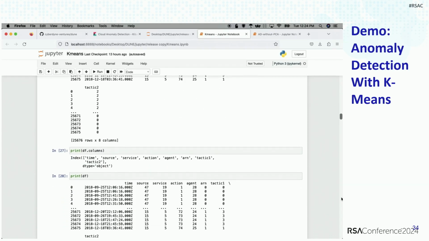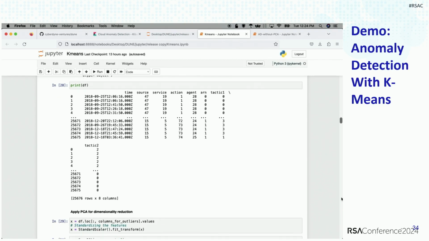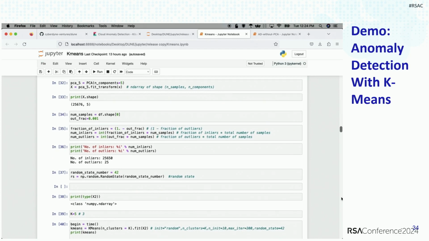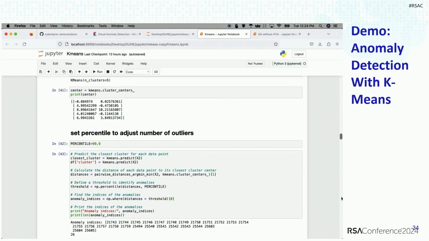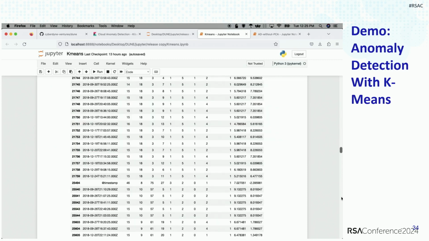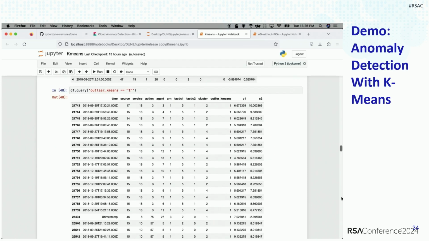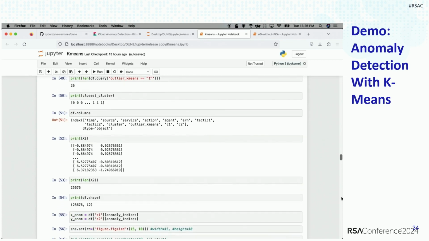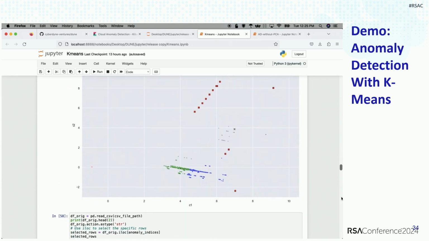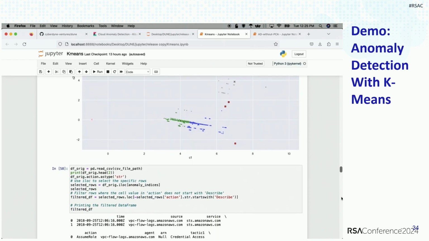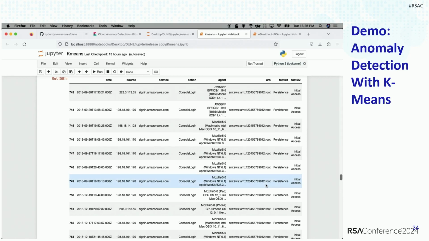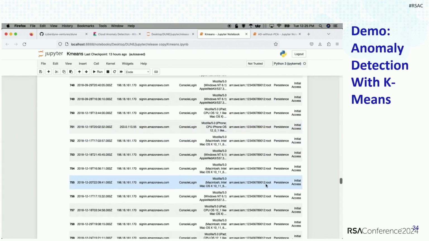What it does is it takes our fields and converts them to numbers, in a small enough range that they can be plotted in 2 dimensions using a process called principal component analysis. Then it takes those numbers, plots them, and creates what are called clusters with centroids. The centroid is the heart of the cluster. It's the central point of the cluster that all of the other points cluster around.